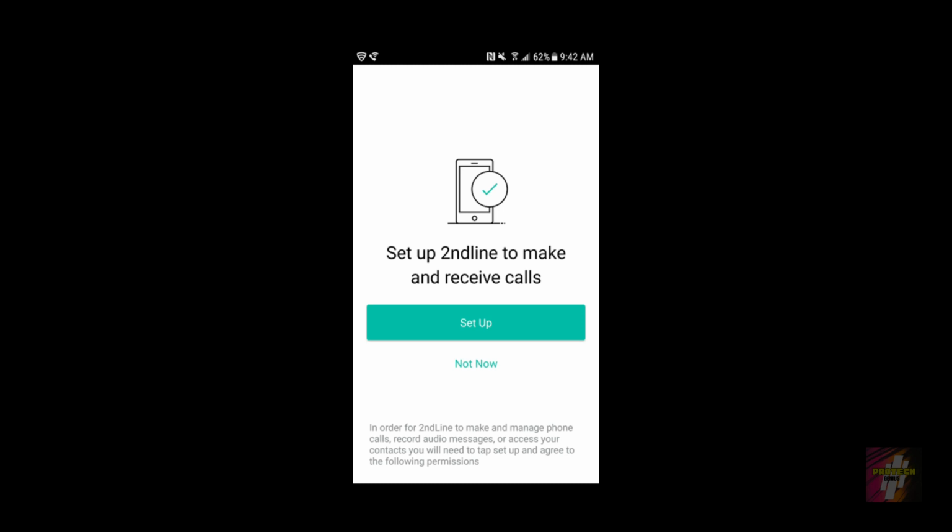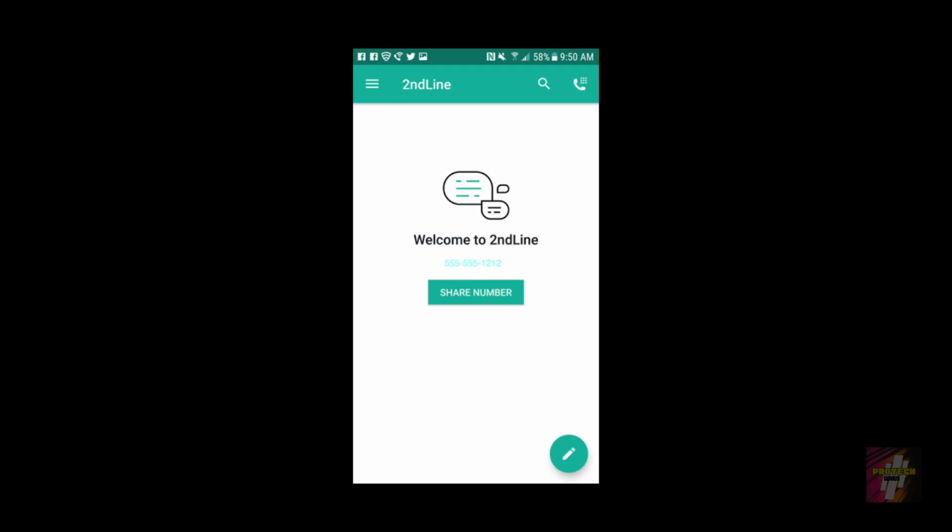So guys, I have now successfully signed up. The reason I was not able to sign up earlier was that I had a bad connection, which was a spam connection. As you could see, when I was signing up, in the VPN connection I had about 80% of the load completed, so it made an error. I'm just going to click not now right now. If I click not now, I'm redirected to this page, and that's it. This is how we sign up on Second Line, and we rectify the error.